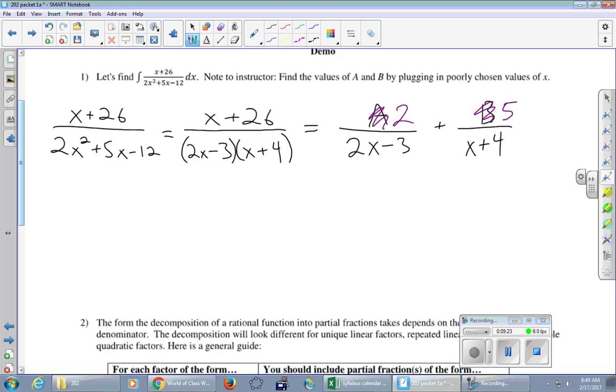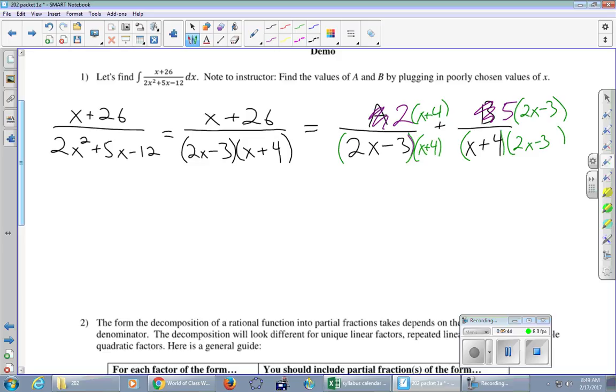So you can imagine, like you need to, let's go a different color here. Like you need to multiply this bottom by x plus 4, and so don't put any of this down. And so you have to multiply the top by x plus 4, and over here, what do we need to multiply by? 2x minus 3, and therefore the top by 2x minus 3,